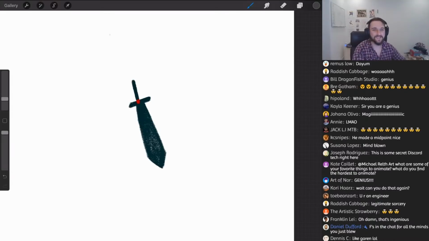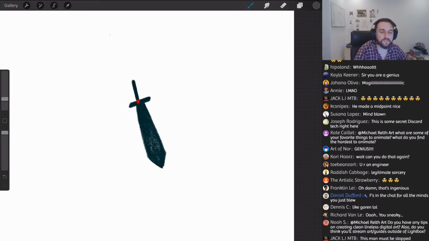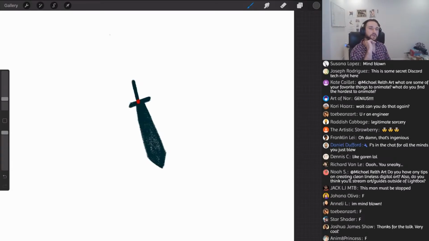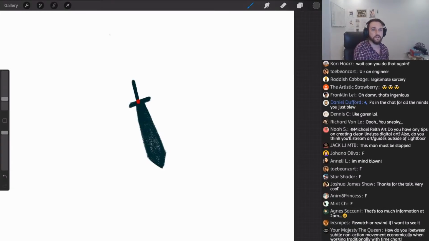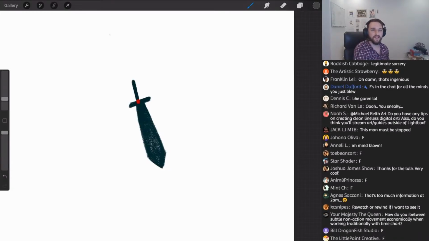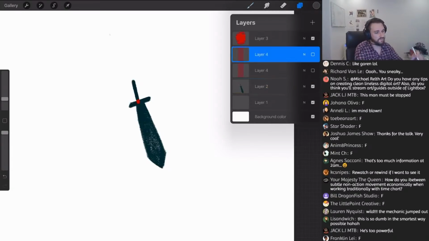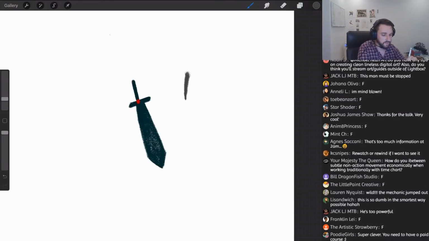Okay. Do you have any tips on creating clean, lineless digital art? Also, do you think you'll stream art guides outside of Lightbox? Clean, lineless digital art. Do you mean animations? I'm trying to keep the talk focused on animation. But if you mean animations, I think that like any illustration that you're making, you just want to